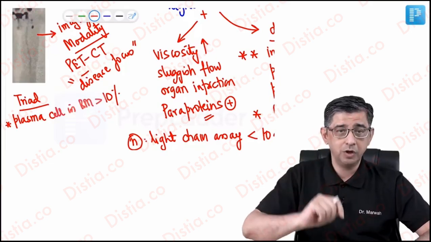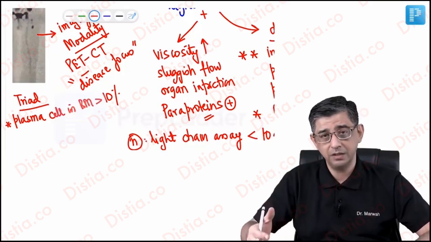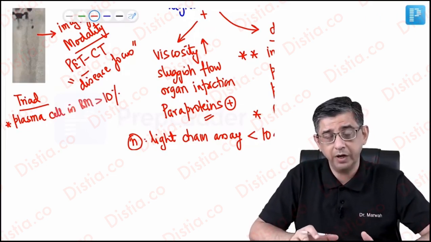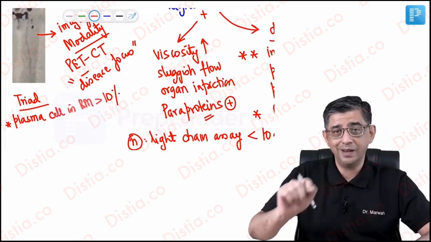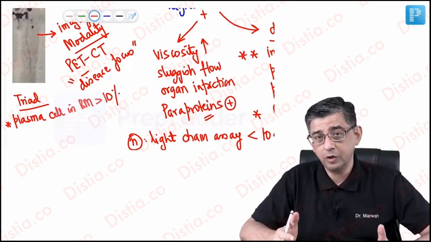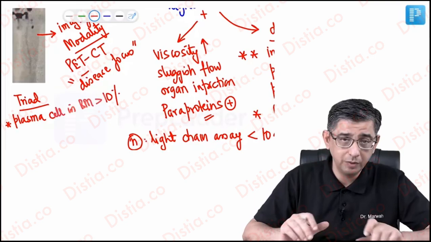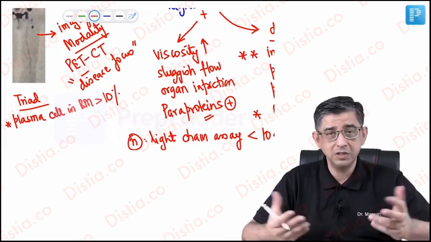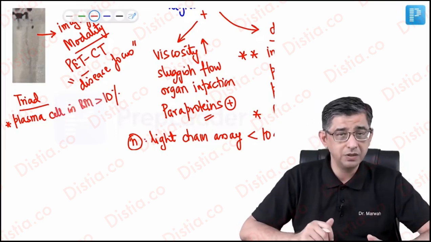One of the expressions is plasma cell percentage. Second is absolute plasma cell value. Both are mathematically separate. So when I say the words plasma cell percentage in the bone marrow more than 60%, that's definitely a feature of multiple myeloma. If I don't use the words plasma cell percentage, and I say absolute value, it is 10%. You will say, sir, it is so confusing. What should we answer in the exam?